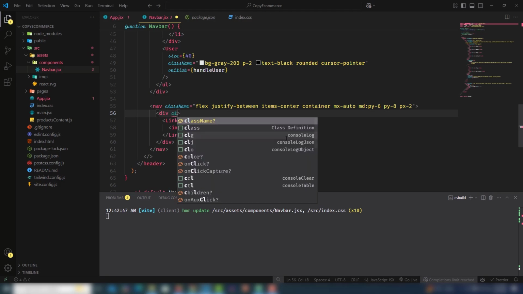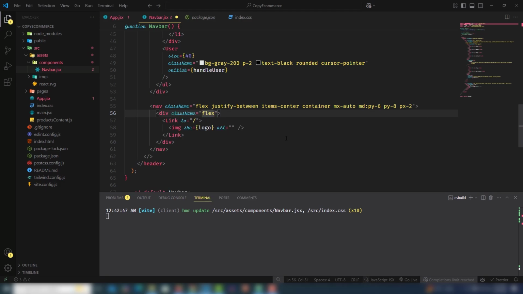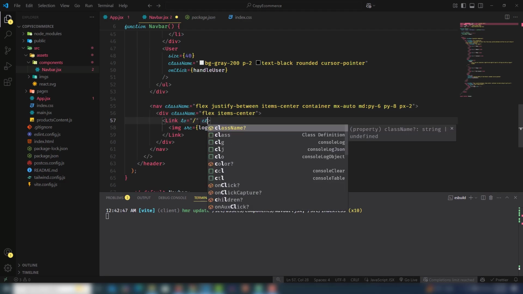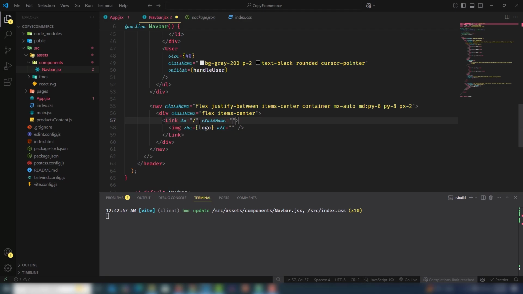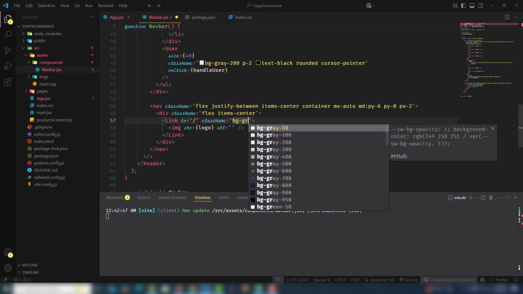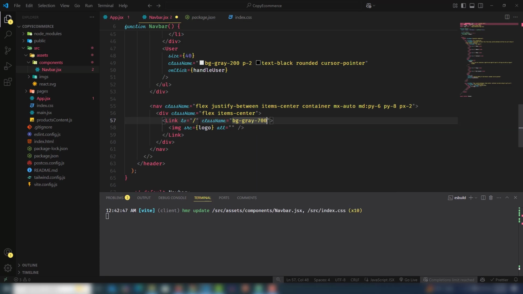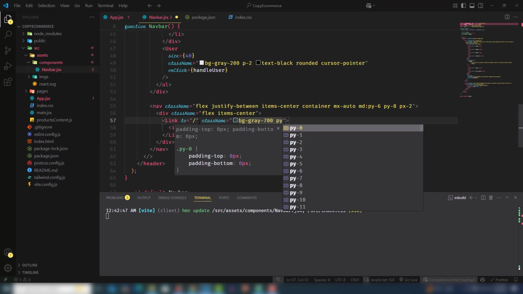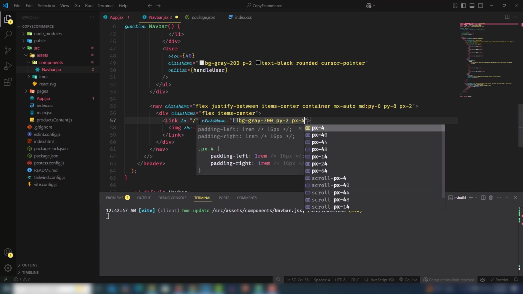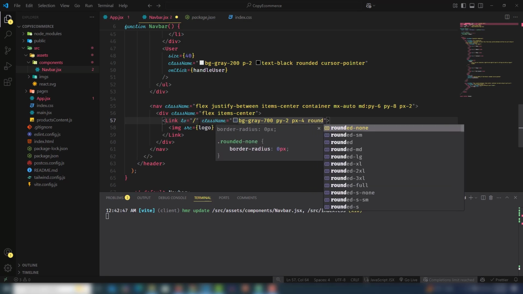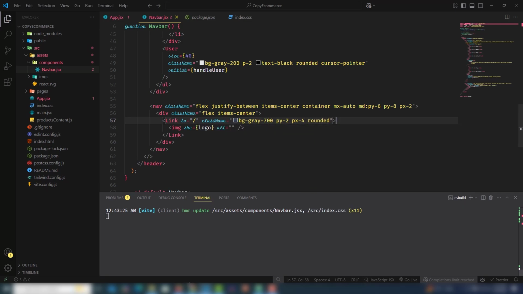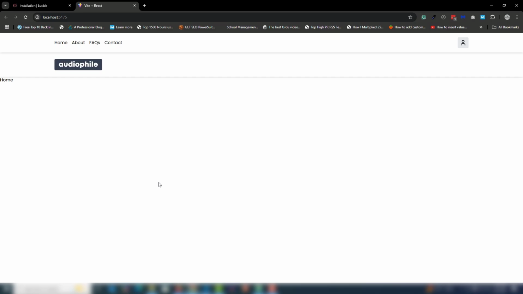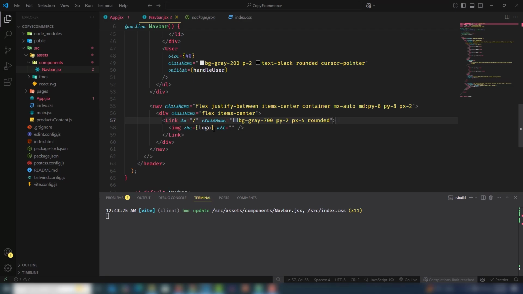So we're gonna use class on there, should be flex, items center, and in the link I will use the class bg 700, padding top and bottom 2, padding left and right 4, and rounded. So the logo should be up here. Okay guys,